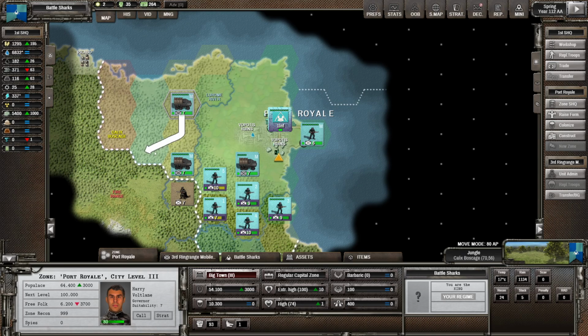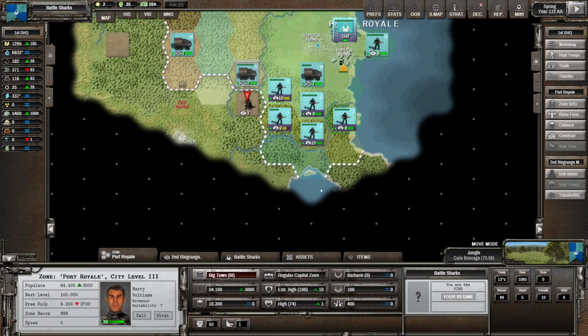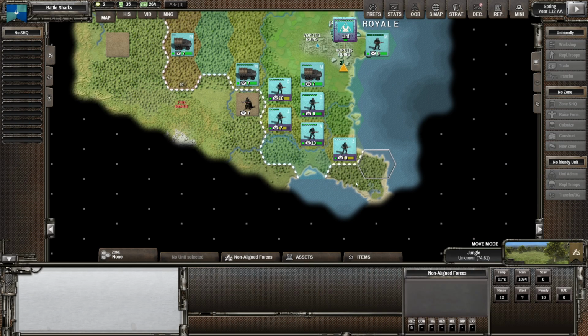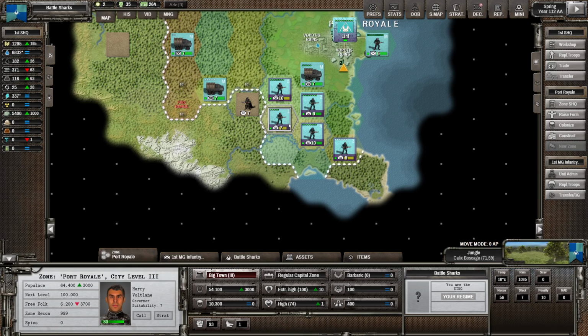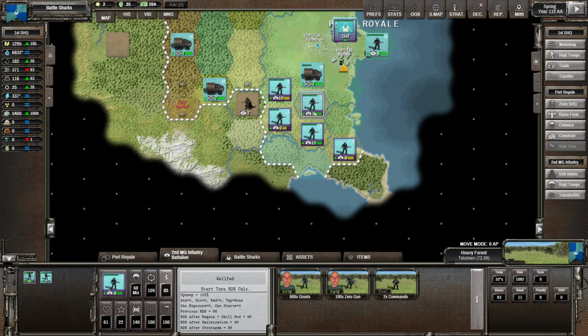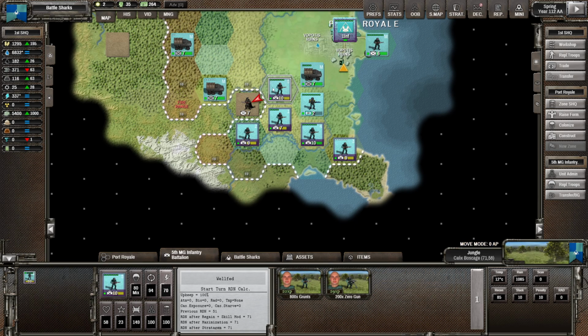All right. Well, now these guys have got some. Look, you can actually see some guys here. He's got good enough recon that I can actually detect them all those hexes away. Okay, we've got someone here, I think. The first machine gun infantry haven't got enough movement points and action points to be able to move. So